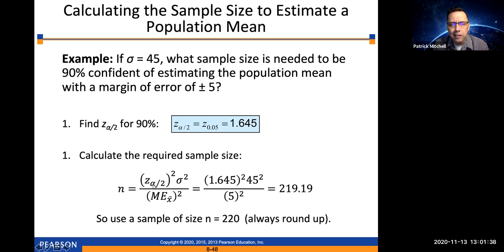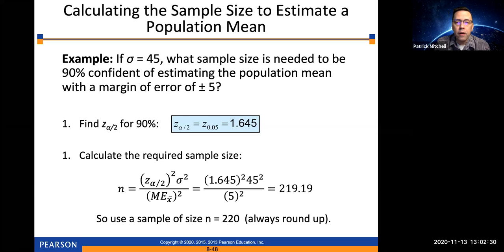Remember, n equals z sub alpha over 2 squared times sigma squared divided by the margin of error squared. So that's going to give us 1.645 squared times 45 squared divided by 5 squared, which comes out to 219.19. So what this is saying so far is that the minimum sample size needed to be 90% confident of estimating the population mean with a margin of error plus or minus 5, that minimum sample size is at least 219.19. But remember, sample sizes are always in whole numbers. So in order for the sample size to be at least 219.19, you really need to make it at least